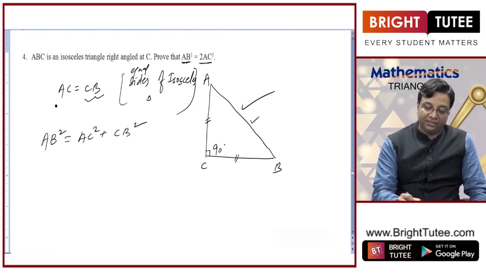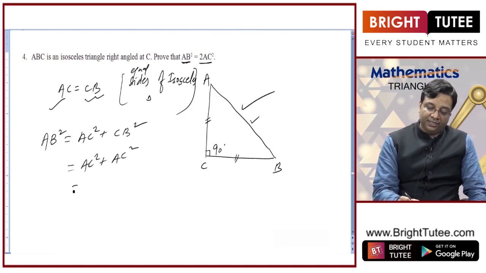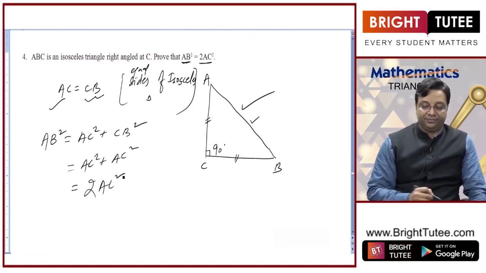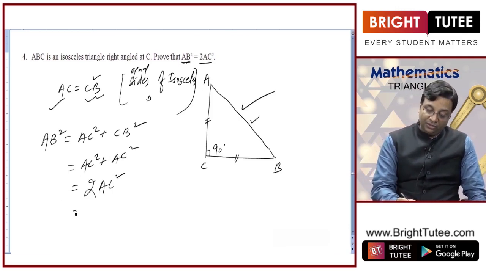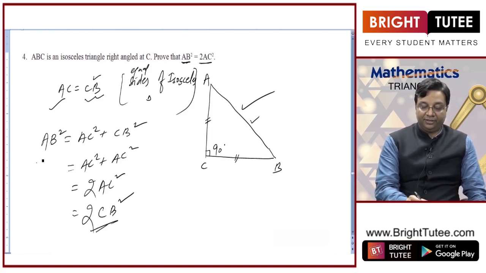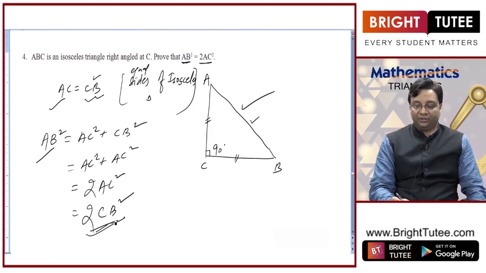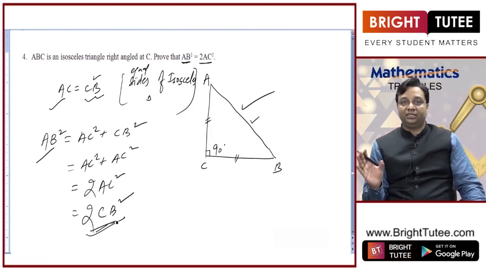Now, I can replace CB by AC. So, AC square plus AC square, hence twice of AC square, right. And you can also replace AC by CB if the question requires. So, you can also say twice of CB square. AB square is also equal to twice of CB square, because AC and CB can be used interchangeably because they